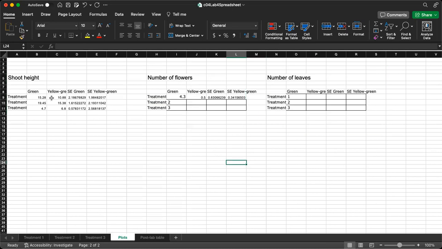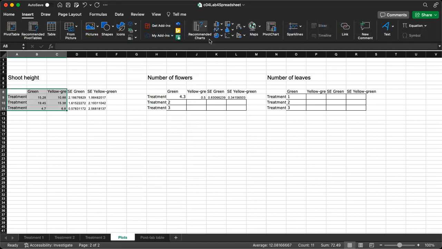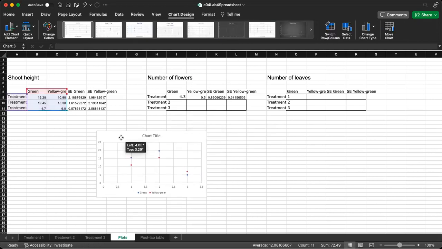So moving on to actually how to do these plots once you have these tables set up properly. The first thing you want to do is highlight the first three columns: the column that has your row names, the green mean column, and the yellow green mean column, right? Highlight those three and make sure you include the header of your table as well. Those are going to give us our series names, which means we don't have to add them at a later time. Essentially, we go to insert, and we insert a scatter plot,